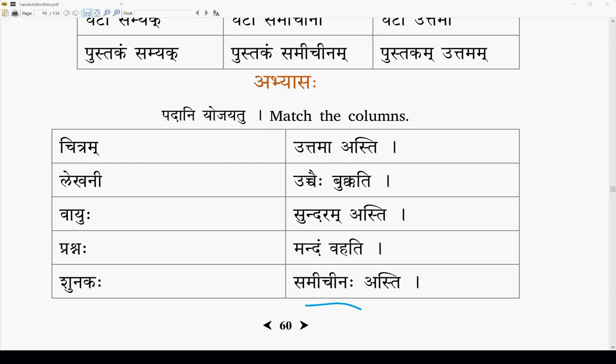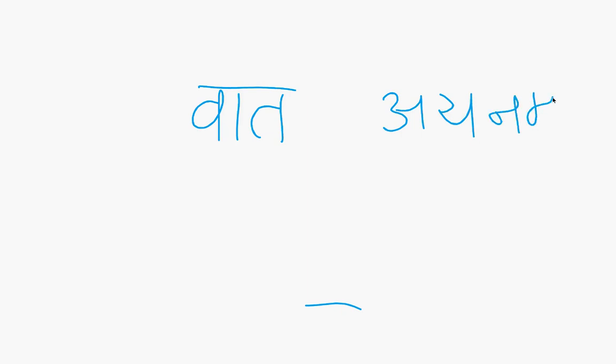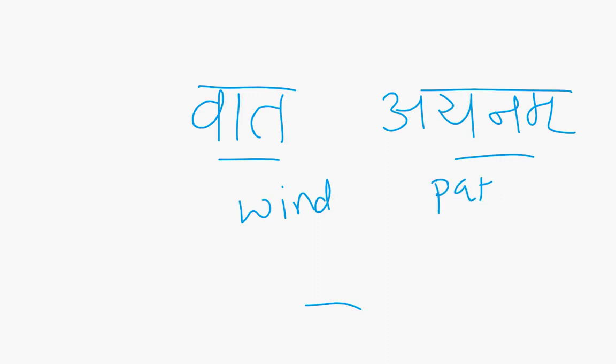Can anybody say? Because wind, Vayu? Yeah. So Vatayanam is made up of what? The word Ayanam is a way or path. Yeah, Vatayanam. Vata is wind. Like wind, Vayu is Vata, and Ayanam is way, the path. So a window is like a hole, a way, a path for the wind to flow in and out.